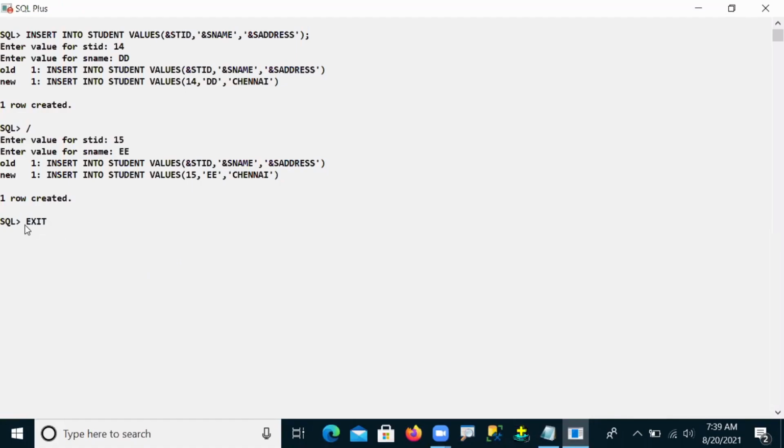Only when you exit is it possible to change our address column value. Otherwise, we cannot change.